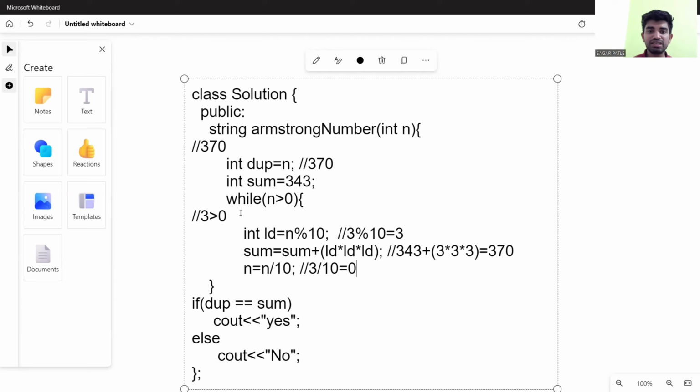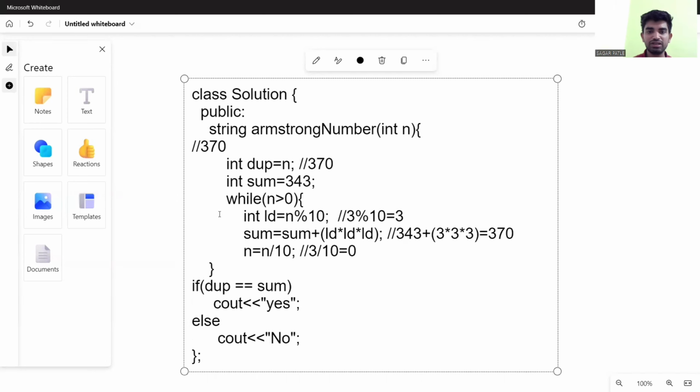Now again we check the condition. 0 is greater than 0? No, it is false. So we break out of the while loop and check duplicate. We update the value of sum.